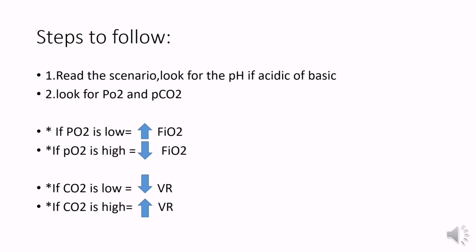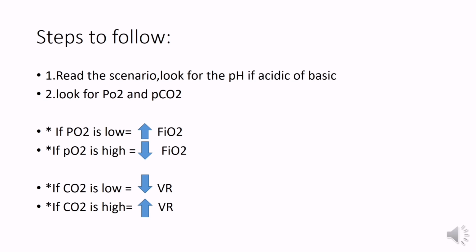So normally the scenario is that you will be given a preterm infant who is put on a ventilator, and then they'll give you the ABG readings, and all the FiO2, PIP readings. Also they'll provide you the pH, basically the ABG reading. So first you got to look at the scenario and look at the pH first. Is it acidic or basic? Okay, and then look for partial pressure of oxygen and carbon dioxide.